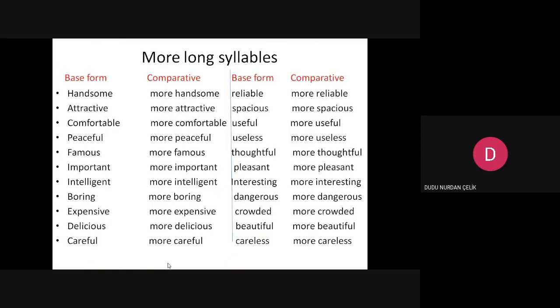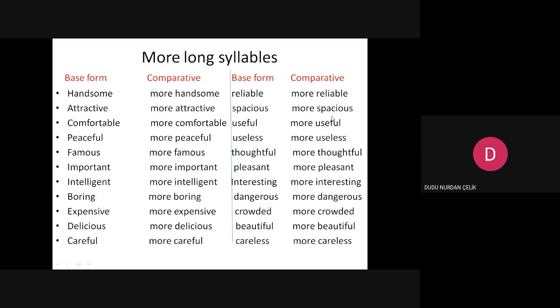Here are some more long syllables, three syllables. More handsome, more attractive, more comfortable, more peaceful, more famous, more important, more intelligent, more boring, more expensive, more delicious, more careful, more reliable, more spacious. Spacious?